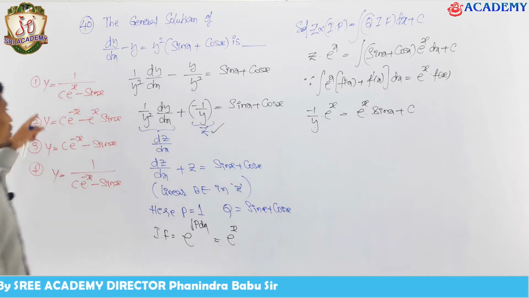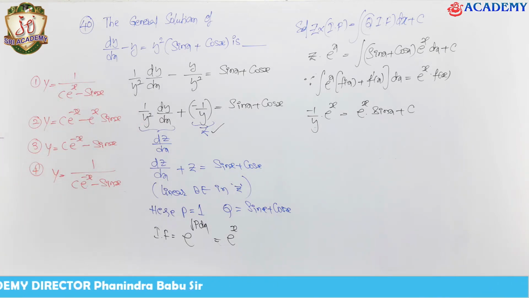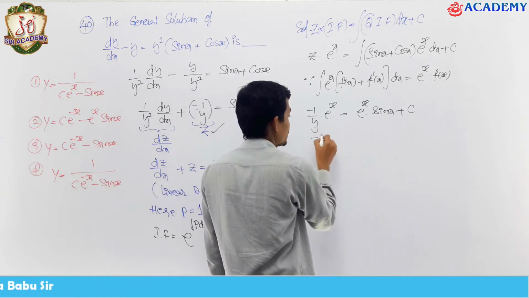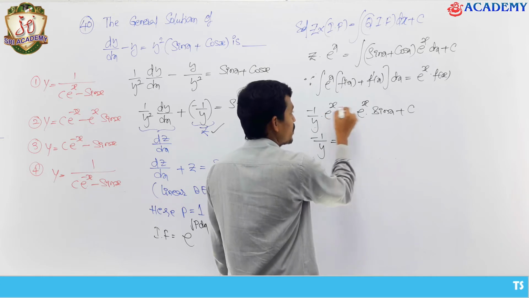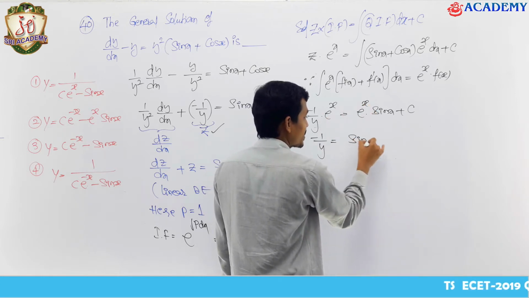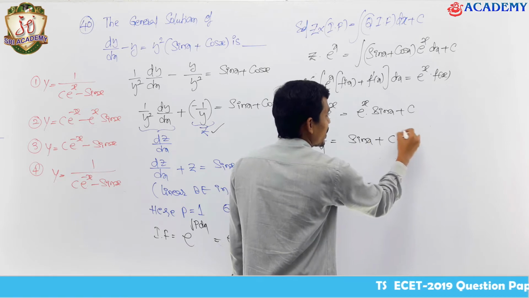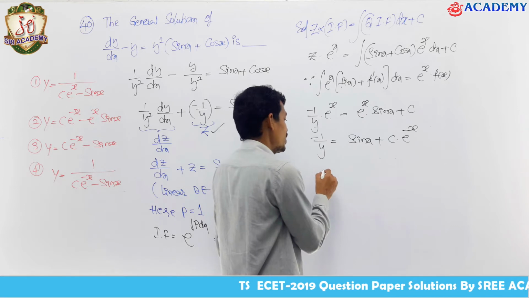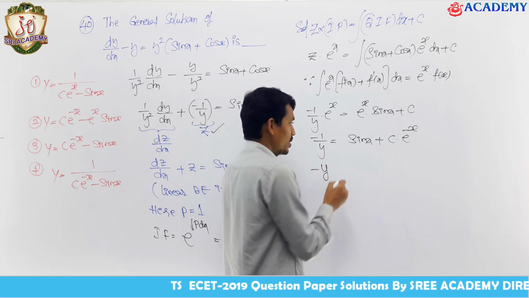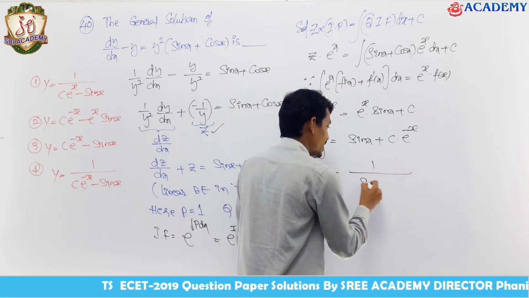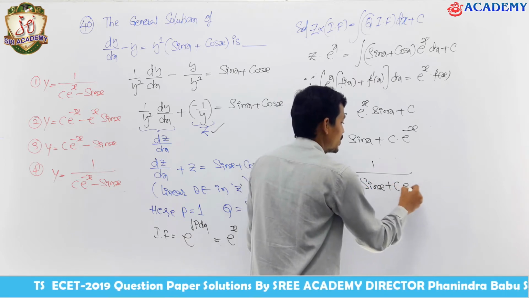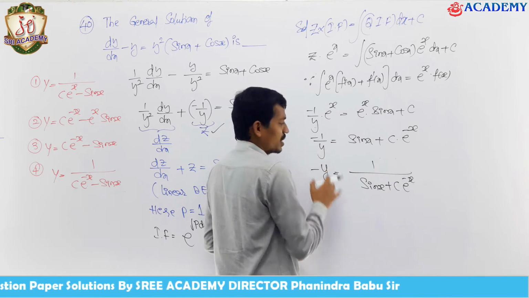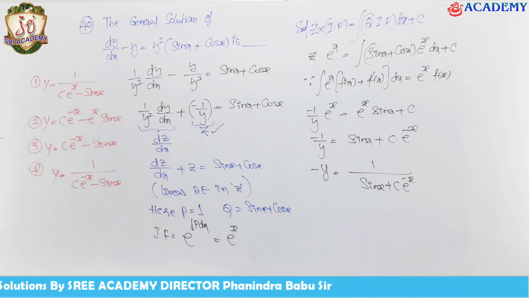Here the equation is in terms of y, so we have to convert this into y. I am writing here, see how it's going to be. If I take e power x to this side, minus 1 by y equals e power x divided by e power x, you will get sin x plus c by e power x, which we can write as e power minus x. It is 1 by y; writing in reverse, y to the power minus 1 equals 1 divided by sin x plus c into e power minus x. Or I can take the term like this, okay, right?